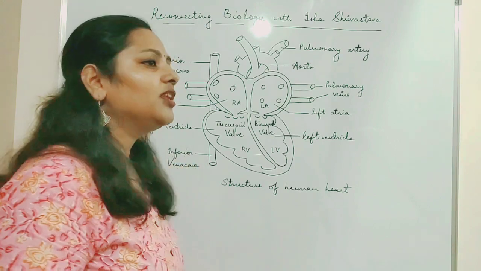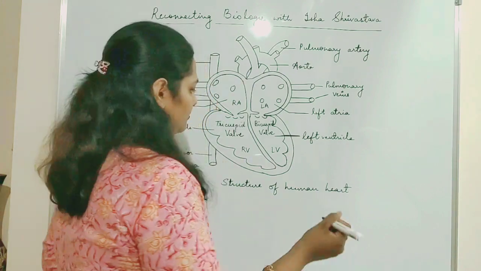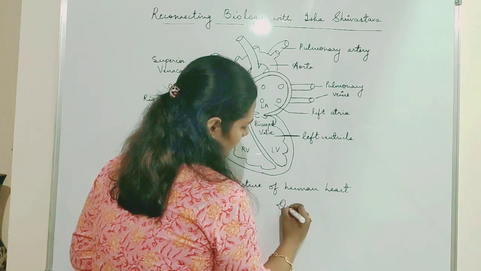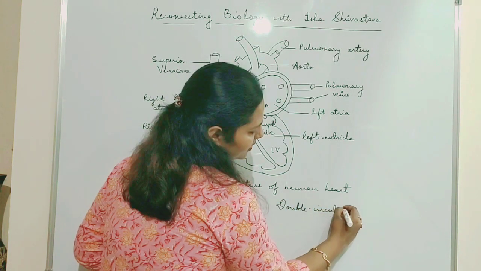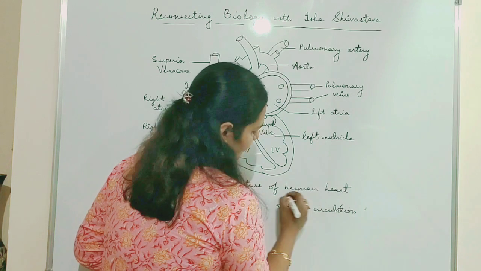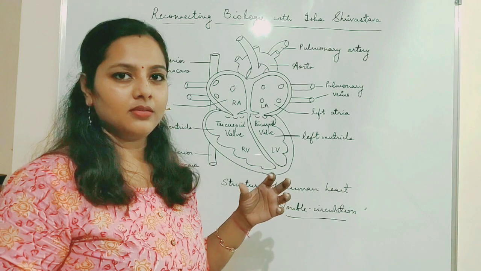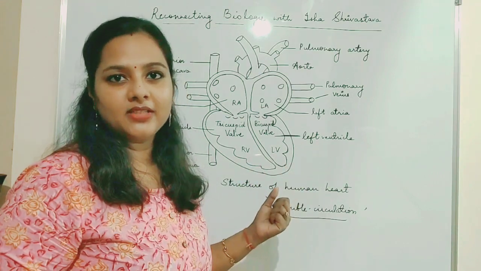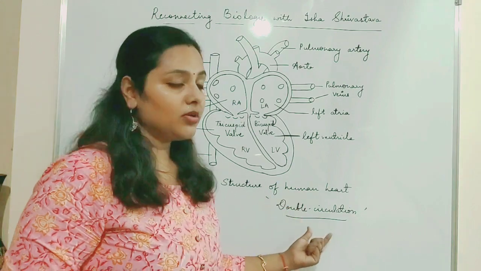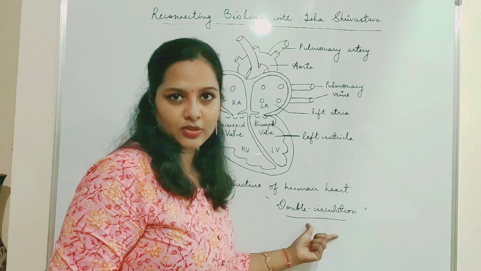Now, this circulation is called a double circulation, because of the structure you have seen in the previous video, and here we are actually studying the double circulation. That was a quick flow, or quickly I have described the flow of the blood in the heart. Now, my main motive behind making this particular video was to explain double circulation.